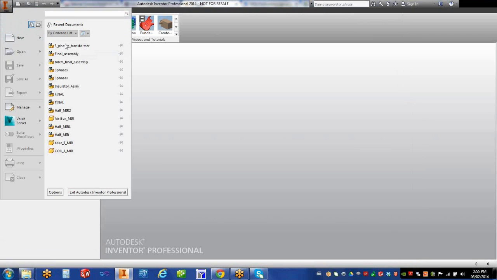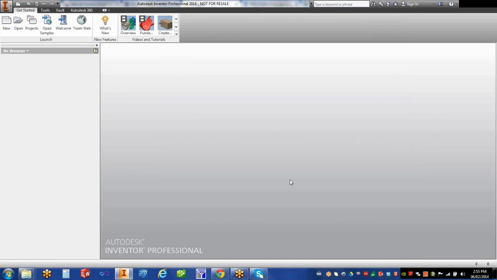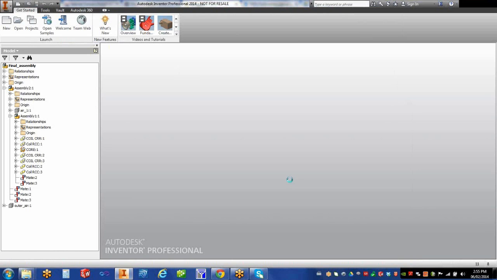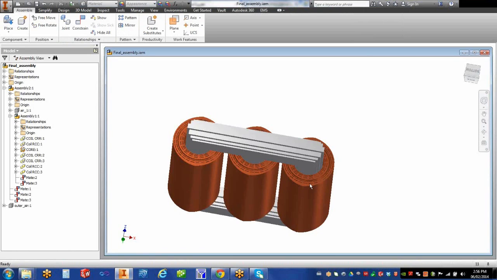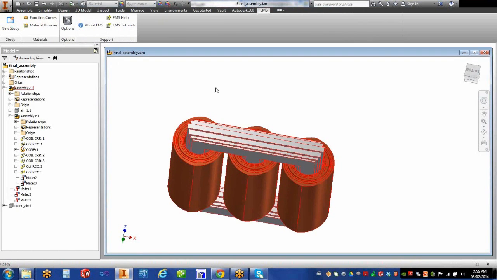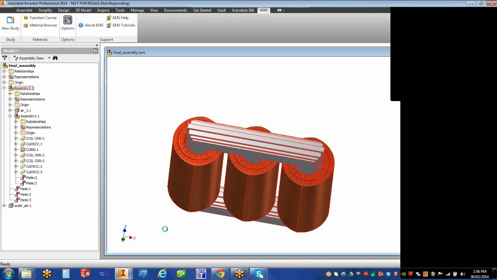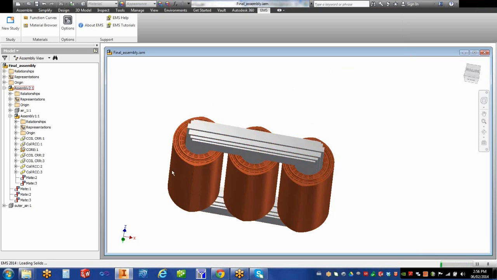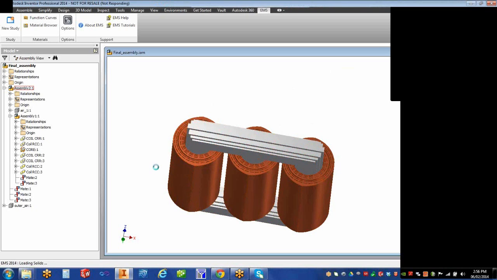So if I look at my final assembly, now I'm taking another, actually a three-phase transformer. As you can see, I have the winding. Oh, file is just... there are air pockets in the winding for the